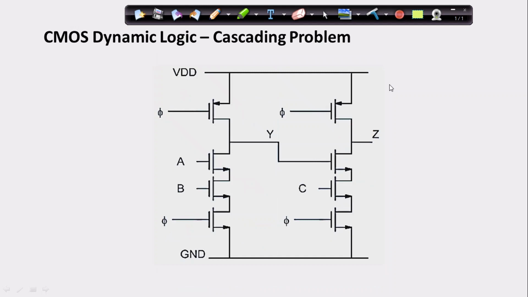Now if you look at one more problem, that is the cascading problem. Cascading problem in the sense I cannot cascade this particular thing I'm having over here. The output of this cannot be cascaded to another circuit. So this output cannot be fed as an input to this particular logic. Why is it going to happen? Let me take a 3 input NAND gate. So here I'm having one NAND gate circuit.